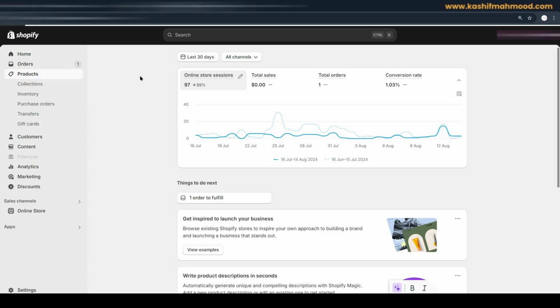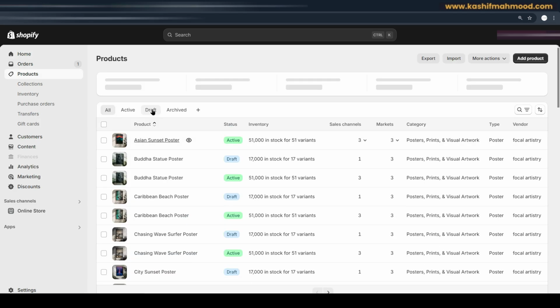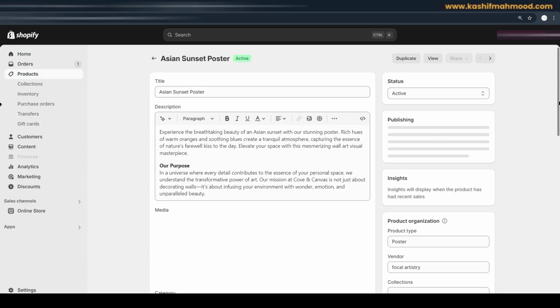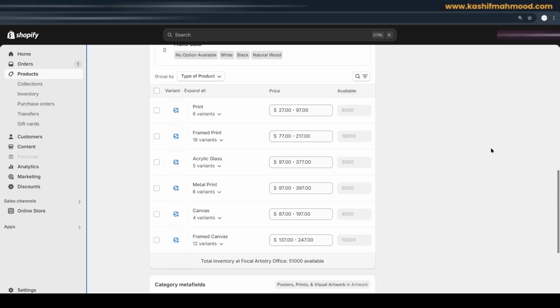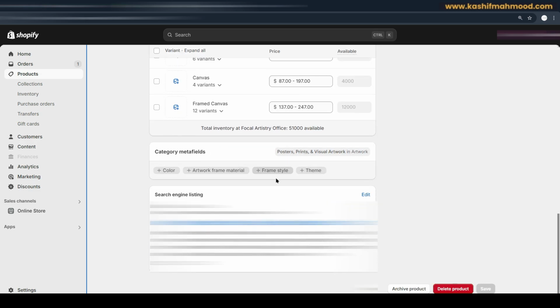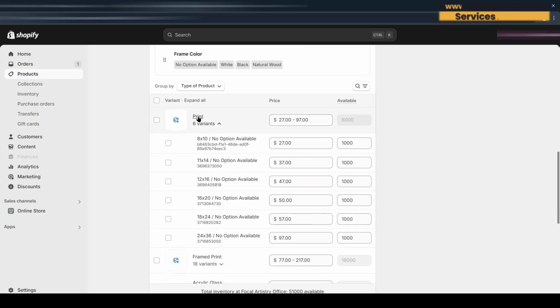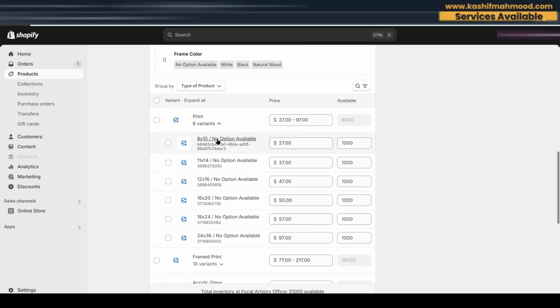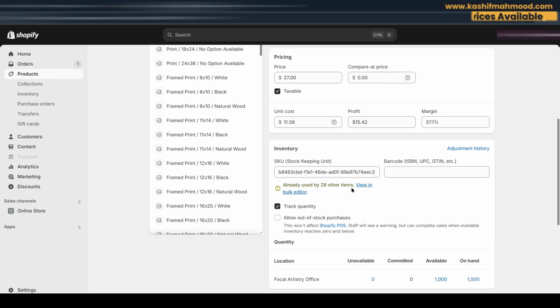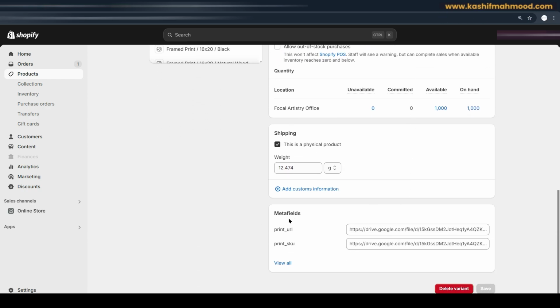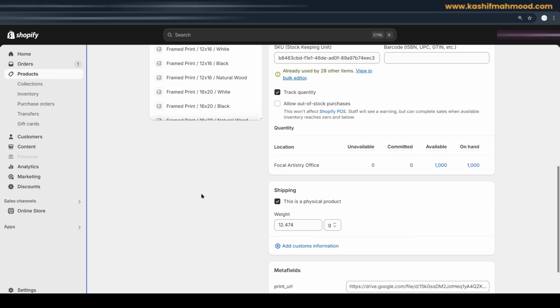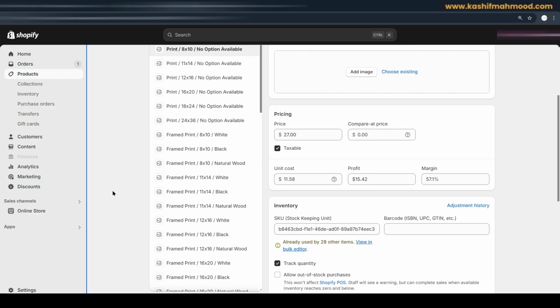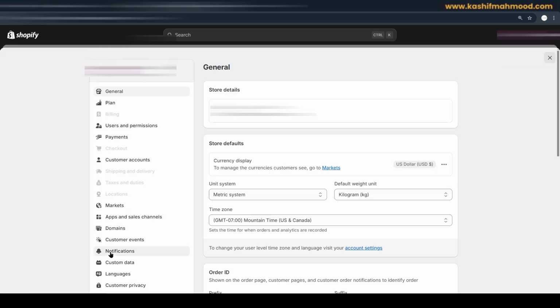When we go to the product section and open any product and scroll down, we will be able to add the custom meta fields, and for variants we can go to the product variant, and here we will see the meta fields. Here you can see I have added a few, so we will see how we can do that in this video. First of all you will have to go to settings,